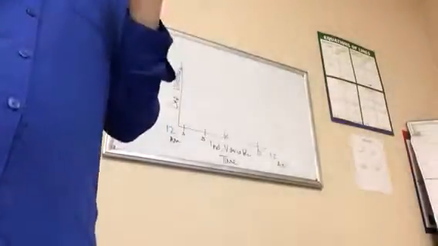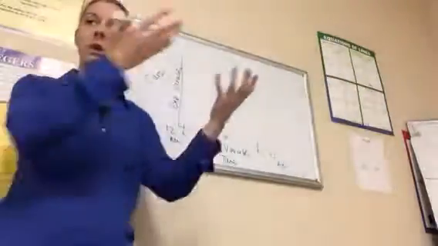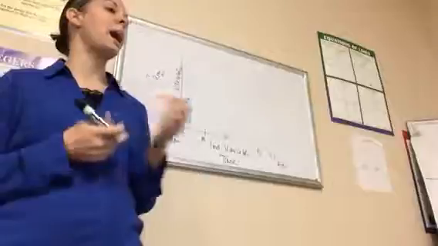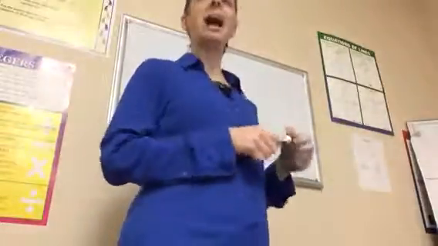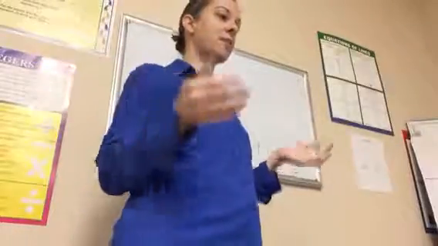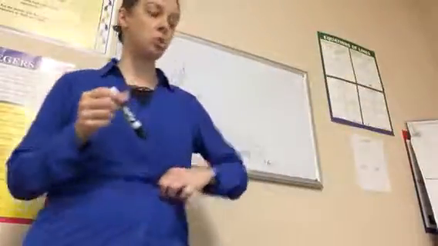So you need to interpret each graph, explaining each labeled section. That's what your instructions say. So you need to give me an interpretation of A, B, C, and D. Okay? Here's an example. For my answer key, they have A, relatively low traffic in early morning hours. Then they have B, high traffic, morning rush hour. And then they have C, increased traffic, lunch. And D, high traffic, evening rush hour. That's the kind of interpretation they're looking for. So give me an interpretation for that graph number 2 on your paper. So what would you like